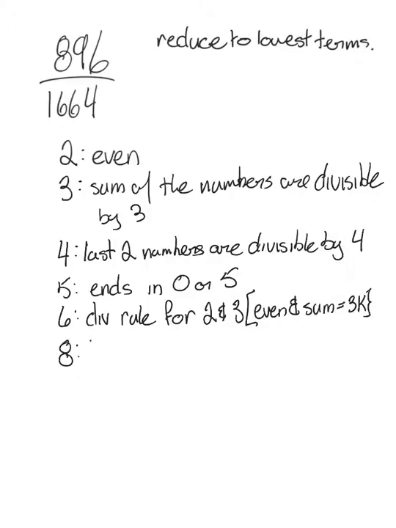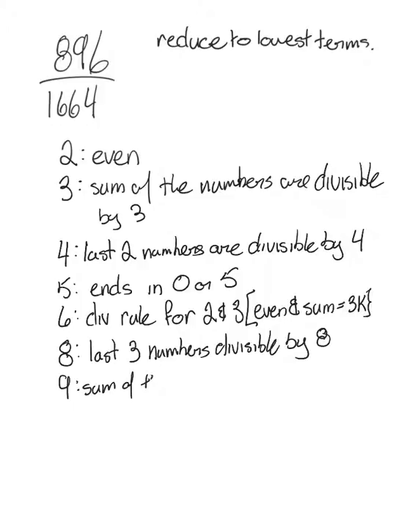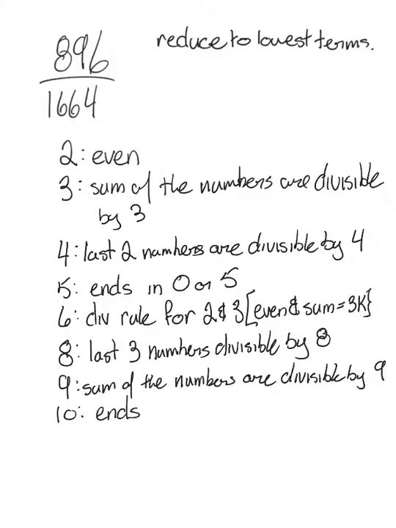8 is last 3 numbers divisible by 8. 9 is the same as 3 but divisible by 9. So sum of the numbers are divisible by 9. 10 ends in 0. So those are more or less all of the divisibility rules that you're going to need to know